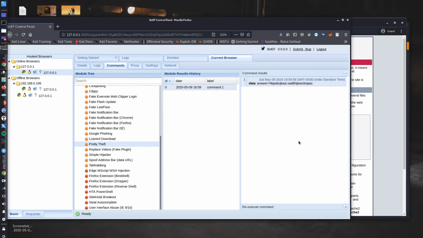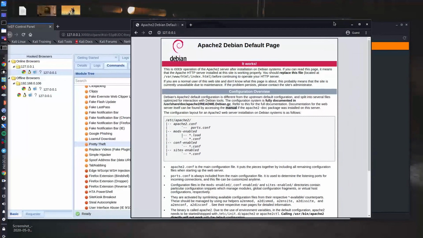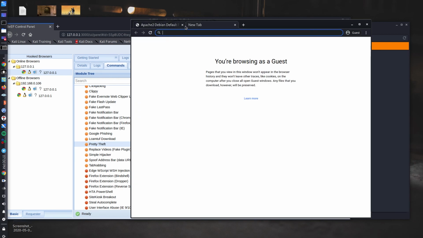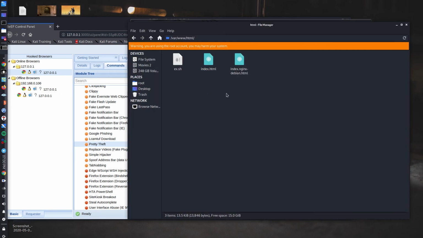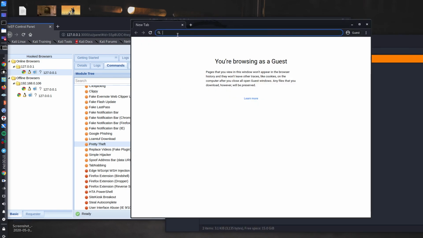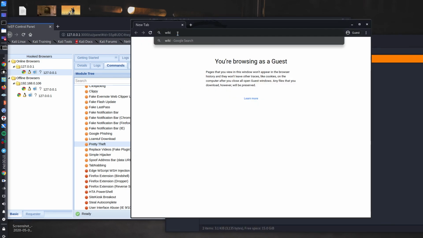So how can this work in practice? We'll do a simple thing. We will delete this Apache2 page and go to Wikipedia.